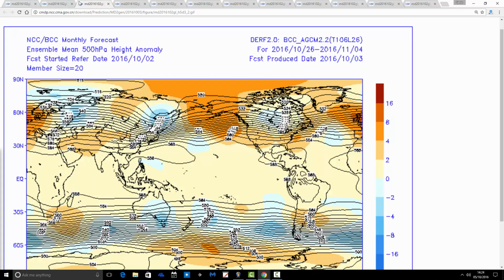The next 10-day period shows still high pressure dominating, and this time it's actually moving right over the top of the country. So this is right over the top of the UK there for the 10 days from the 26th of October to the 4th of November. That would give very dry conditions, I think, for October. We'd probably see a pretty dry anomaly. I think that could still be quite cold, really, especially at night.